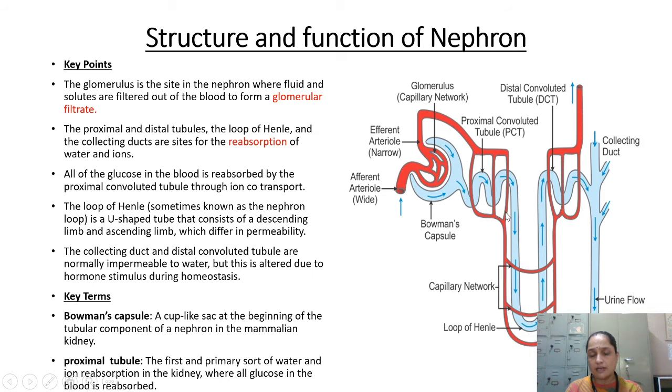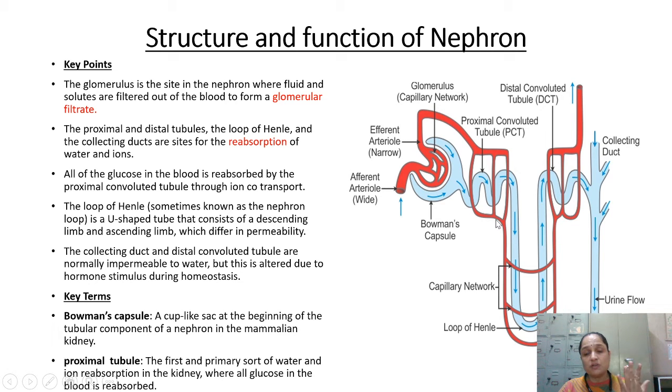This is going to move around the PCT, loop of Henle and DCT. Why are they staying here? The reason is, whatever useful substances are there inside this PCT, like amino acids, like glucose, they will be taken back into the blood circulation, like this one here. This is now going to enter into the renal vein. ये renal vein बन जाएगा जाकर के. Entry हुई थी renal artery के form में. ठीक है, तो this renal vein is going to carry this blood. So it is going to carry glucose, amino acids, salts.